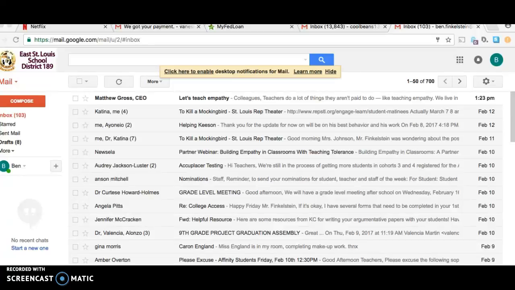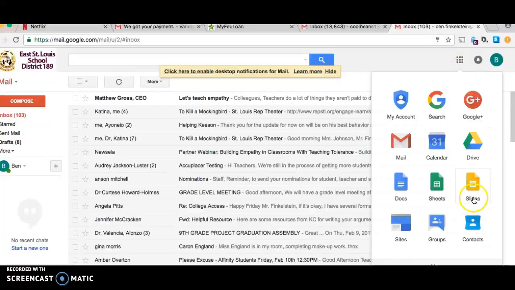Ladies and gentlemen, now that you're ready to make your presentation with Google Slides, what you're going to be doing is have your tech expert sign into Google, hit the icon with the 9 squares, go to Slides. If Slides doesn't appear, then you have to go to Drive and then Slides. We're going to be using Google Slides,